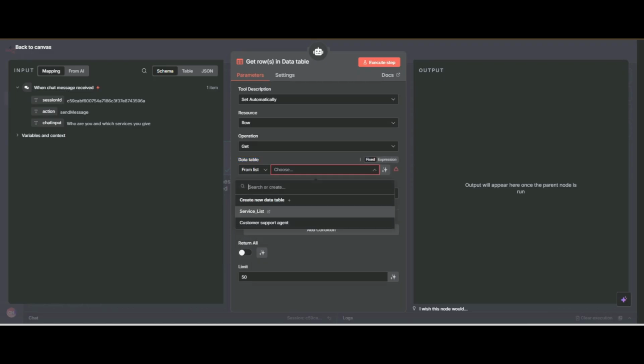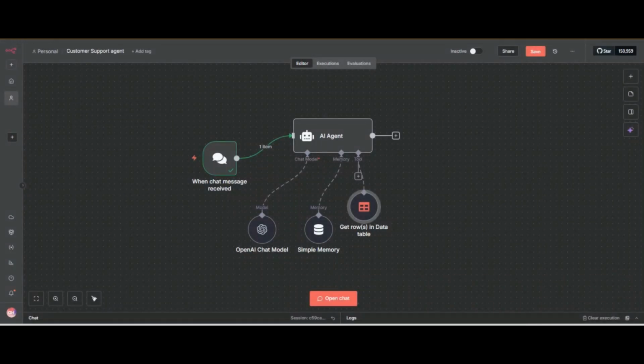Now you can see I have two data tables. This time I have to add the service list data table. So I select this. This time stay with these settings. So click on save now.